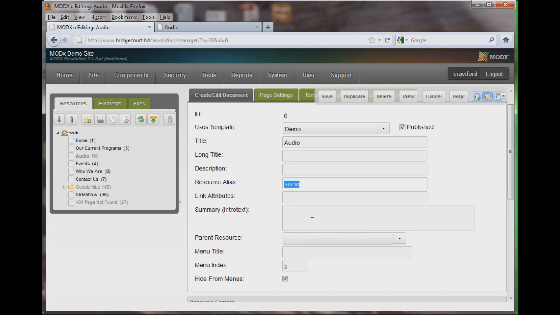It might just be a reminder. The parent resource we don't use inside here because it's all drag and drop, so we pretty much don't show that. The menu title, now that is something that often can be used a lot. So let's just say that you have a page that's got a long title and you don't have space to fit it in the menu, you can change it